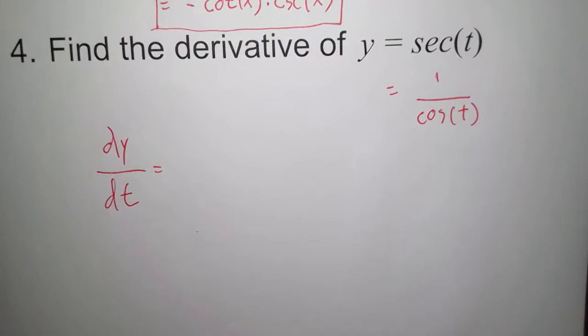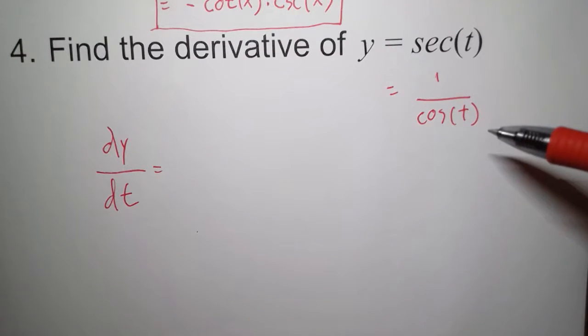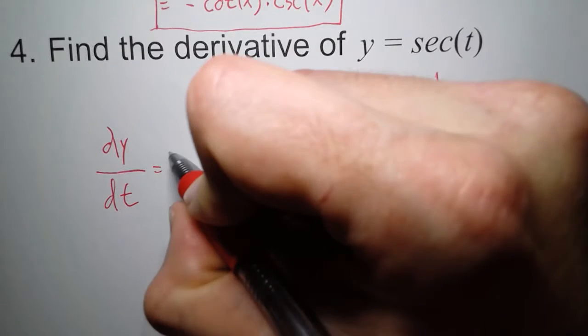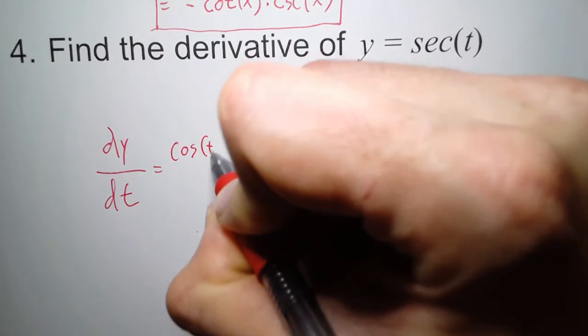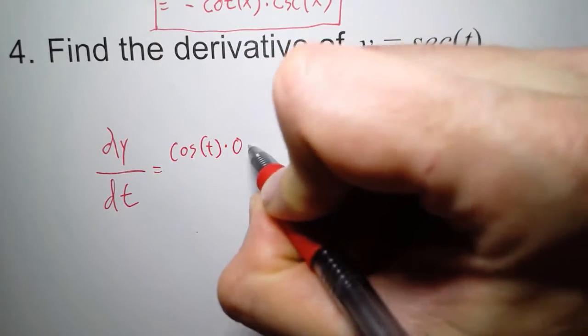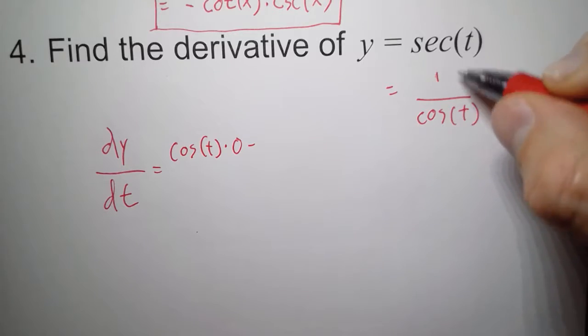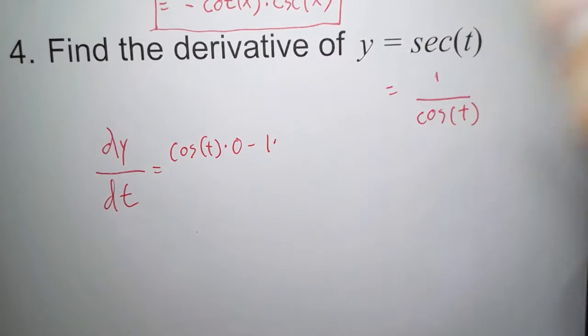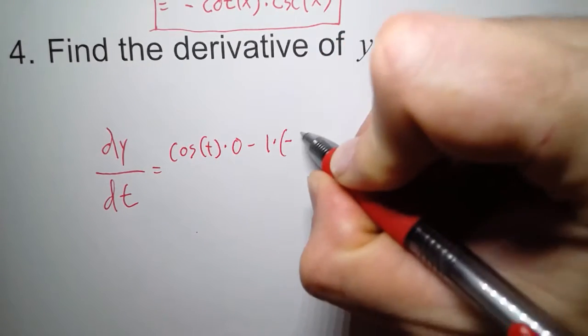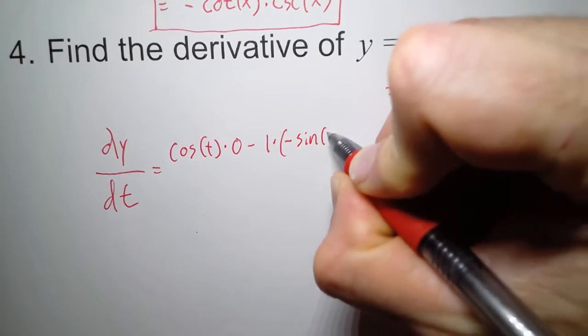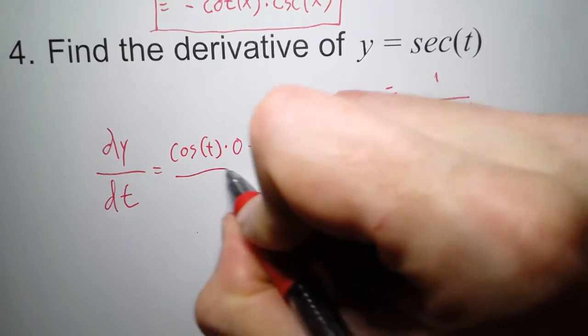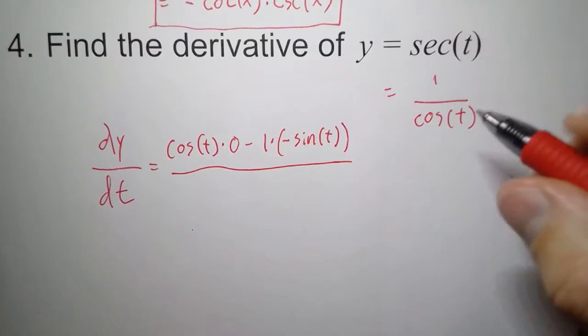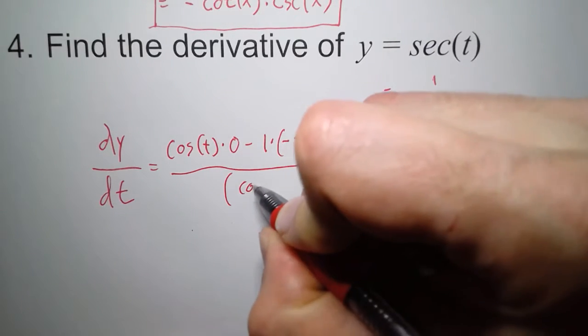On the top, we're going to have low d high, so cosine of t times 0 minus high d low. So that's 1 times negative, put a parentheses, sine of t all over low, low, so that's cosine of t